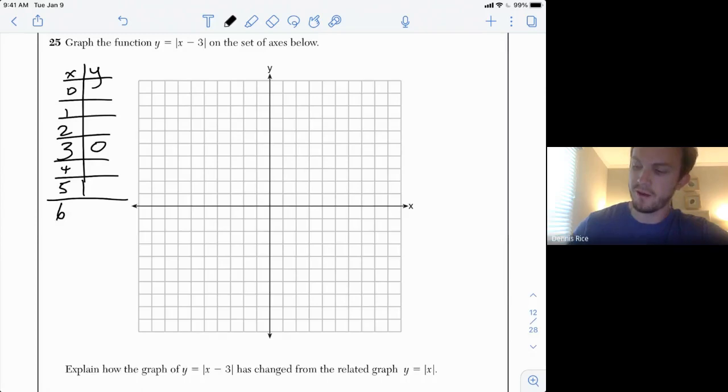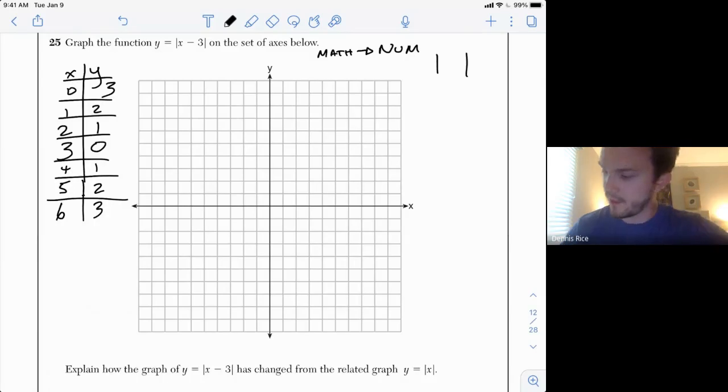Absolute value can be found by hitting math, scrolling over to, I believe it's NUM, and then it's the first choice, ABS, and you should get the bars. You can type within it. If you ever have to type something outside of it, just make sure you hit the right key to exit the bars. And this way, whatever you add or subtract is happening outside. You could do this one without a calculator almost, though, because we're just taking the absolute value, which is pretty simple to do. Now you're going to go ahead and plot this: 0, 3, 1, 2, 2, 1, 3, 0,